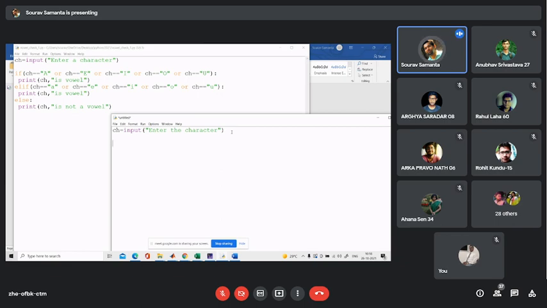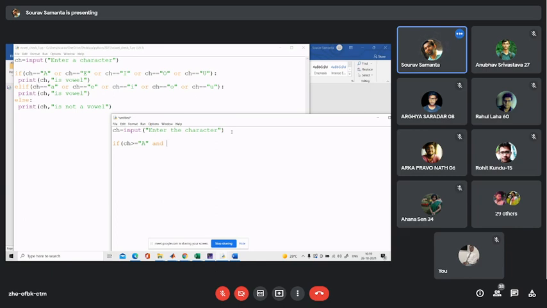Clear? So that's why if ch greater than a, and here we are putting the and condition, we are just checking the range, just like a high pass filter or low pass filter.